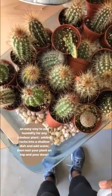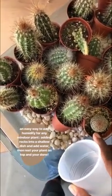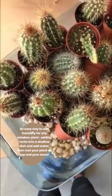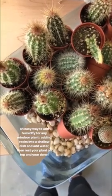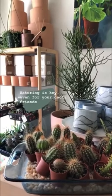A great way to do that is adding some rocks into a low-lying dish and then add your water so that it does not come above that rock layer. That can create humidity not only for your cacti, but really any indoor plant. A great tip. Now, when it comes to watering, it all depends on the type of cactus you have and